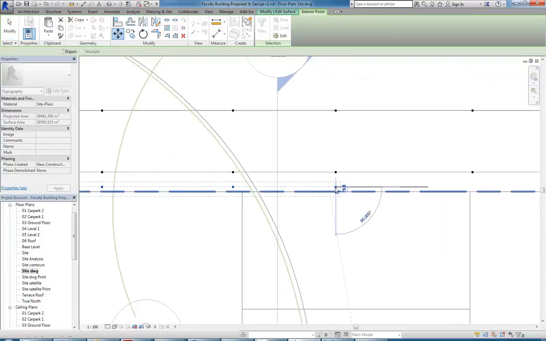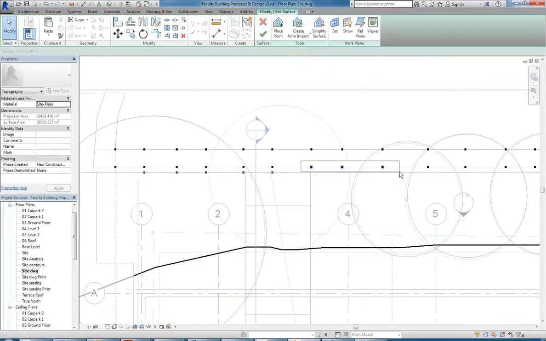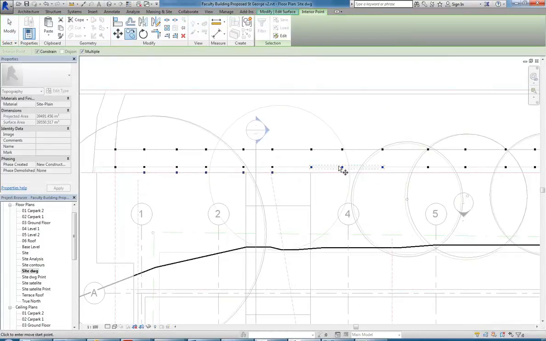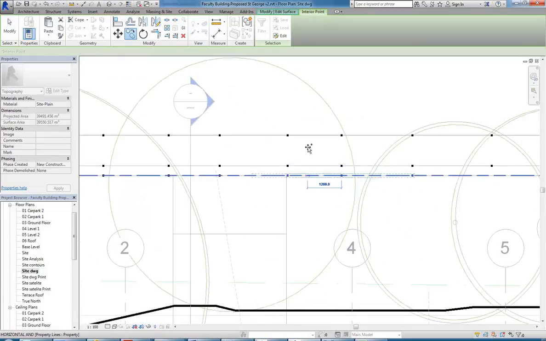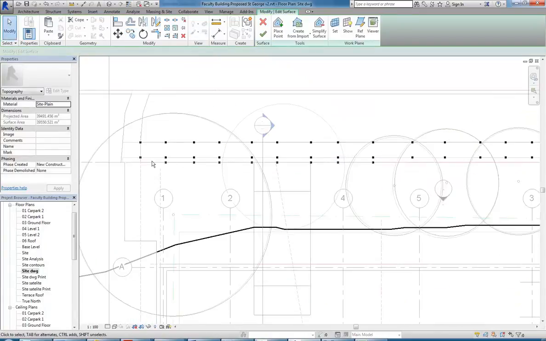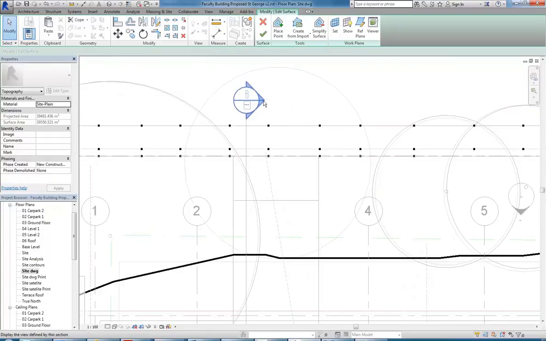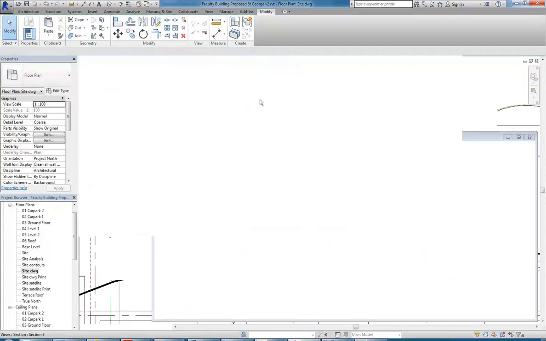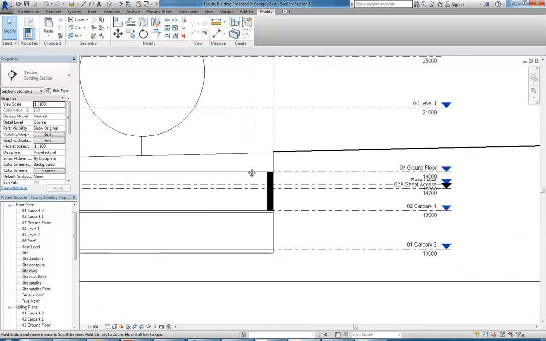So I'm just going to move these points right onto the boundary and then copy some on the side. So it doesn't matter what's happening down here so much, but definitely around that driveway we need to make sure that it's flat. So when I finish that, looking in the section now, we should see,